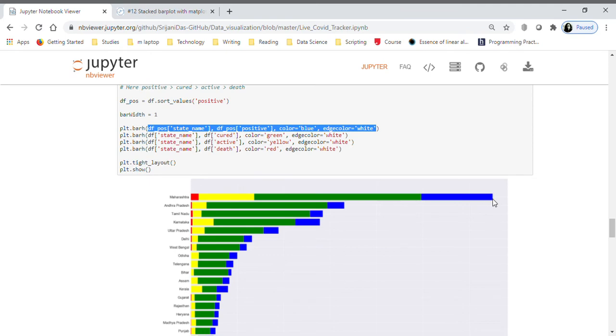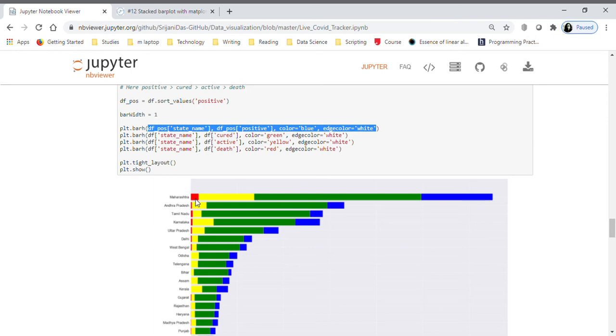So positive has more numbers than cured. Of course, cured cannot be more than positive cases, because then there would be no positive cases actually. Highest is positive, then cured, then active cases, and there are death cases as well. Death I have kept red.